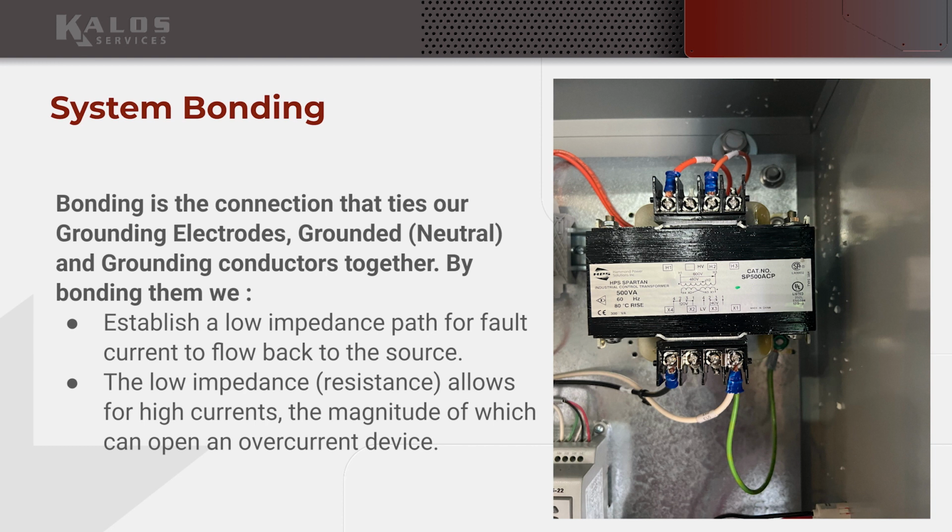What I mean by that is connecting that neutral conductor to our grounding electrode conductor and to our equipment grounding conductors, to tie that all together, right? So we have to close that circuit. Otherwise, we will not be able to open overcurrent devices,